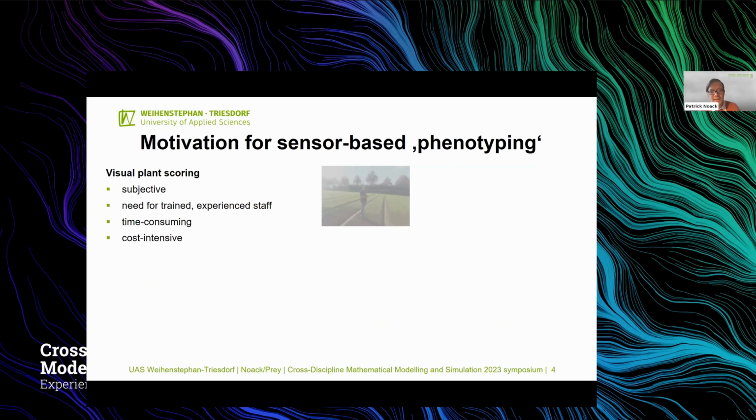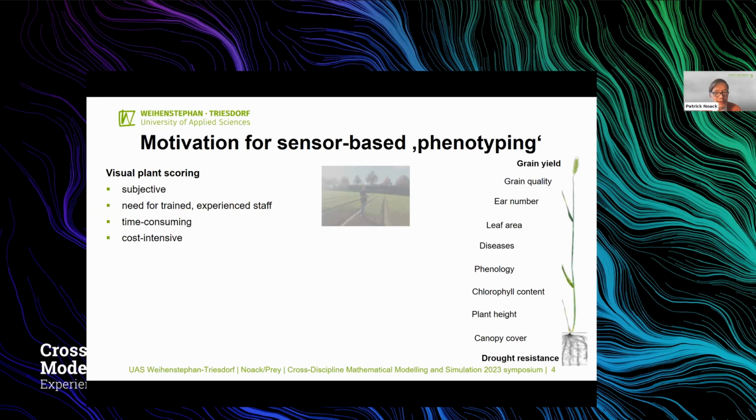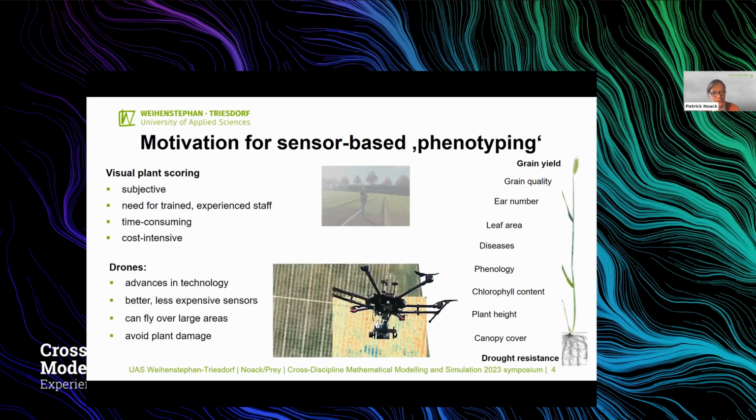What is the state of the art? The state of the art you can see on the photo in the center. People are walking around on the field and they're looking at different plants. This is called visual plant scoring. It's very subjective. It needs very good training, and it's extremely time-consuming and cost-intensive. And the alternative is to use drones,